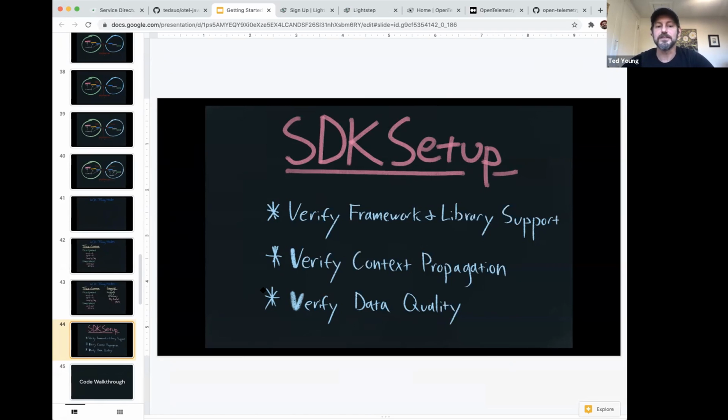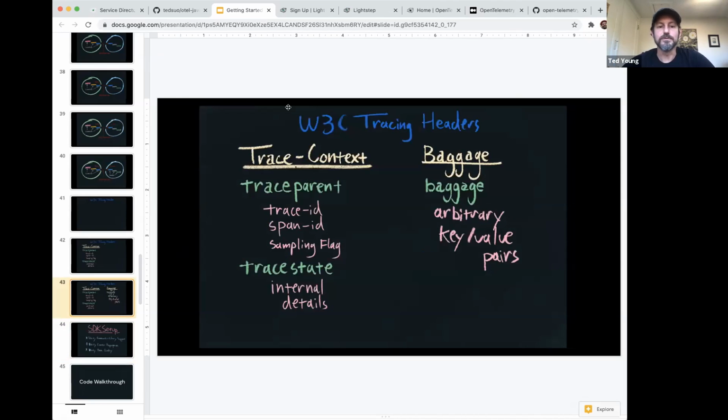So this can be a silent error. And the way you ensure that you don't encounter that is to ensure that you're using the same context propagation header everywhere you go. And that's why we really want to standardize these headers, because if they're not standardized, then you run the risk of service A not being able to talk to service B because one's expecting trace context and the other one's sending B3.